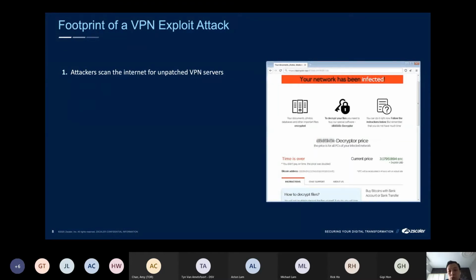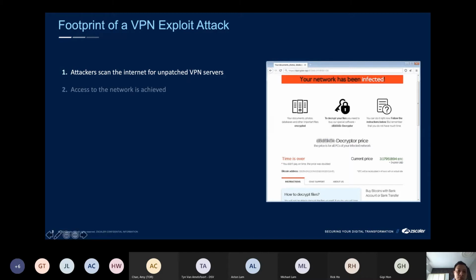And because VPN is so critical, we are using it every day to support work from anywhere or work from home. So we are seeing many VPN servers are not being patched in a timely way. There's always a time gap because it's hard to bring down VPN during COVID-19. So that's why many attackers found that they can find unpatched VPN servers easily.